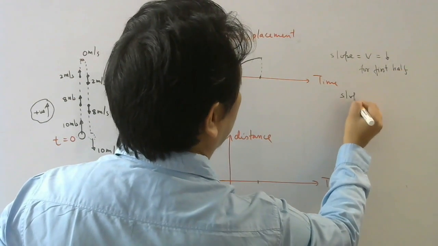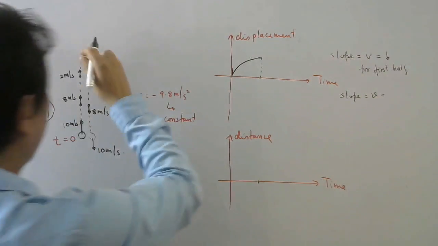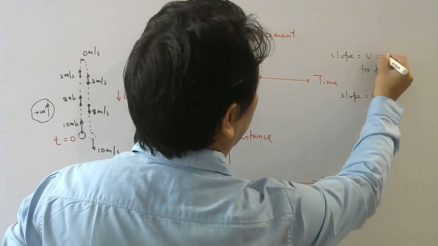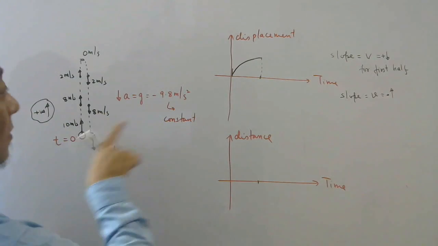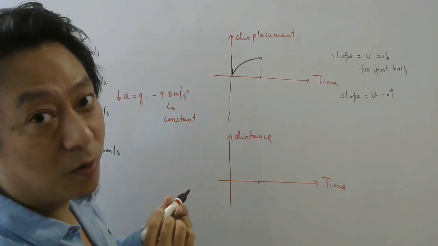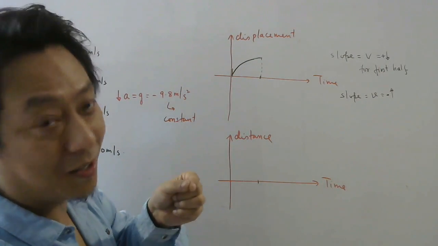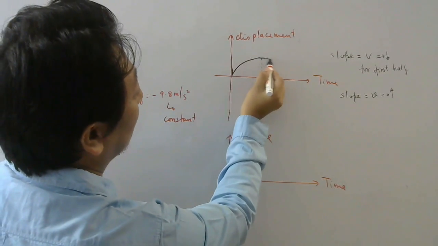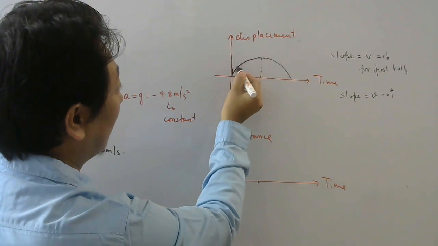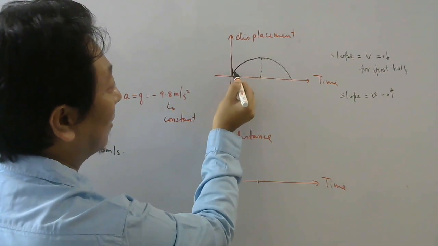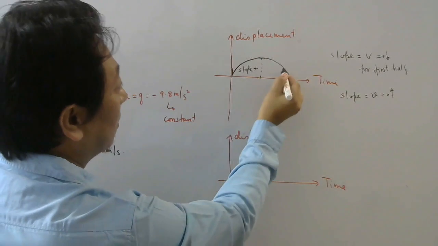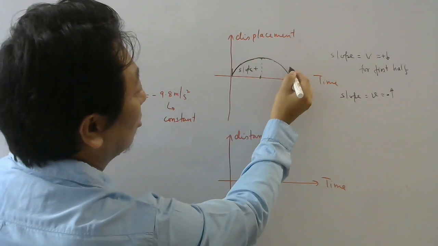For the second half, what will be your slope? Again velocity. But while coming down, your slope is, remember, increasing. And it is negative. Here it was positive but decreasing, right? Now it is negative velocity. So increasing slope, how will you draw? From horizontal to vertical. So this is how. If you look carefully at this point, if you draw a tangent, it will be an acute angle, right? So here slope is positive. Here slope is positive. But in this part, if you draw a tangent, your slope will be